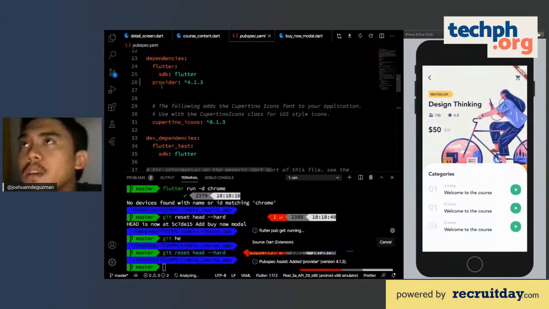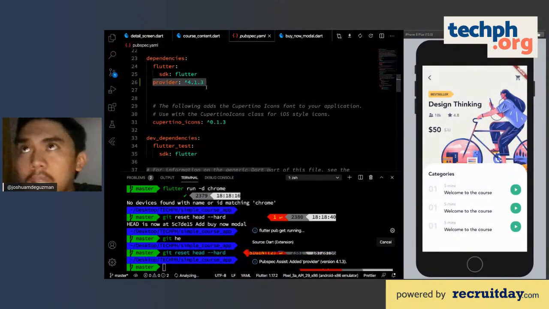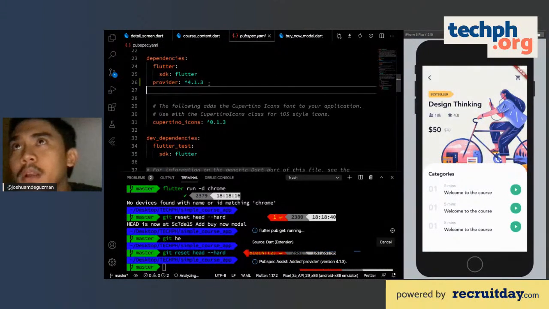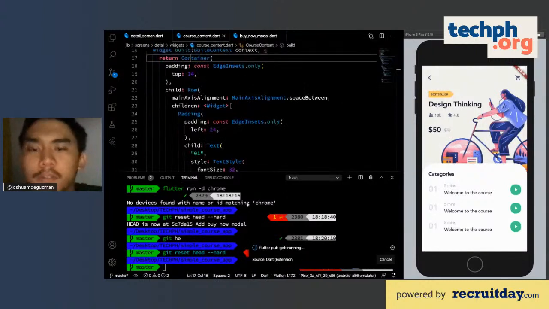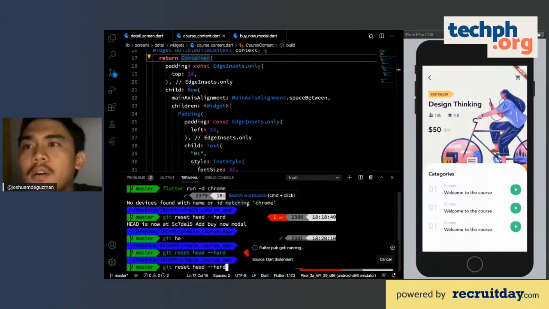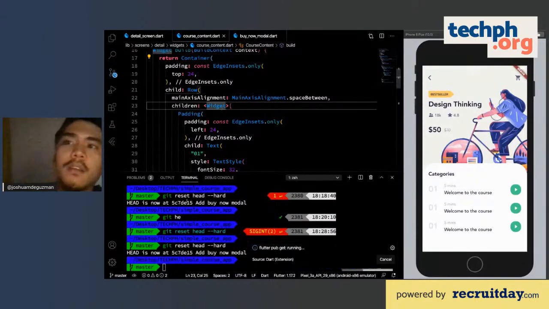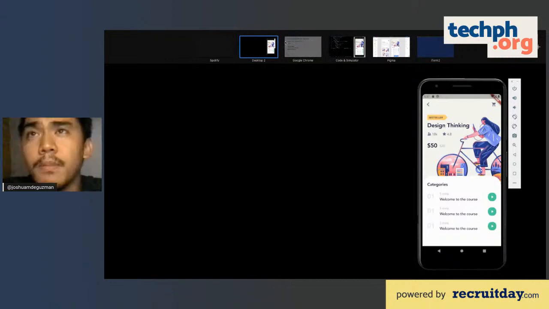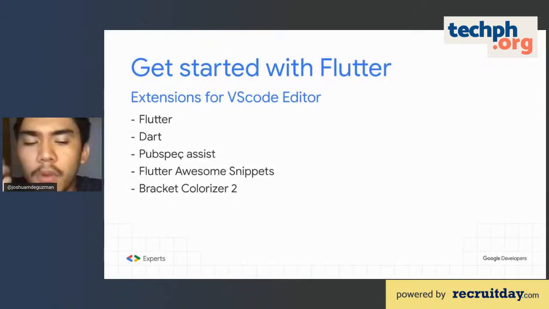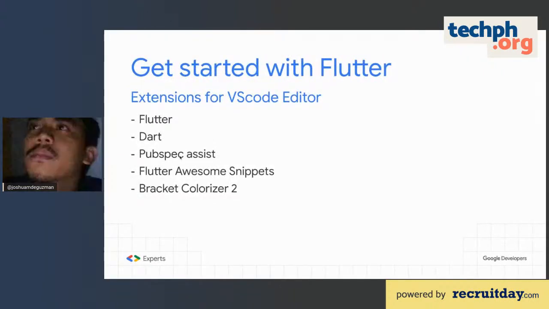So right here, it adds the provider. So that's PubSpec Assist. You don't have to worry about visiting the actual page of the dependencies. You only have to visit it if you would probably look for and read the documentation. Other than that, we also have Flutter Awesome Snippets.